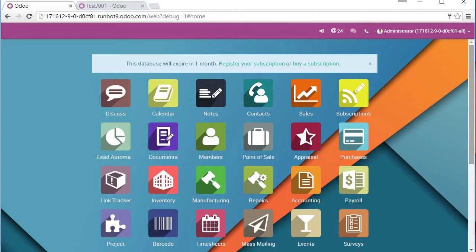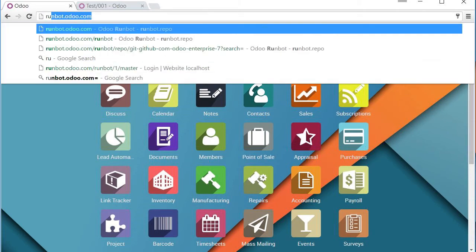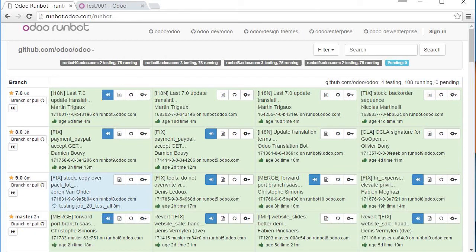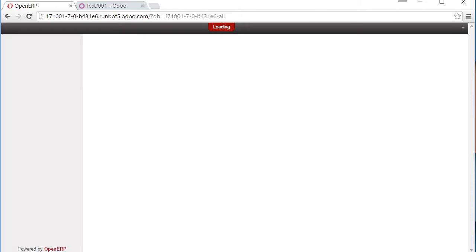It also lets you see, just as we looked between 9 community and 10 community and 10 enterprise, you could also look between version 8 and version 9, or even version 7 and version 9. So it allows you to look at pretty much any of the latest builds of Odoo and connect to them. I don't really have a lot to do with 7 anymore, but every once in a while a client will come in and they need some work done in 7, or ask about what's different in 7,